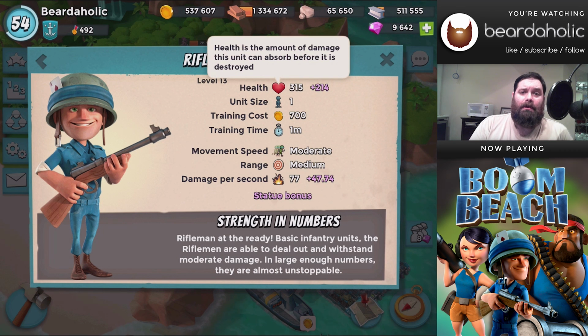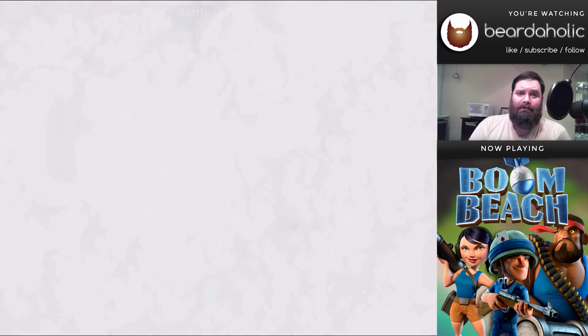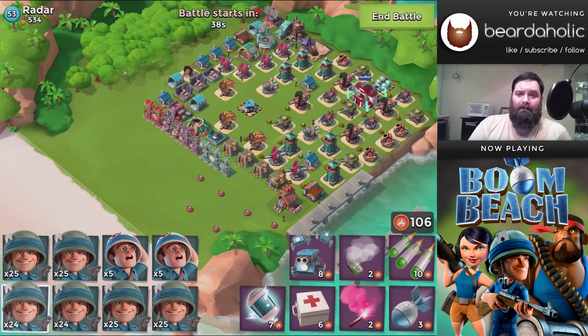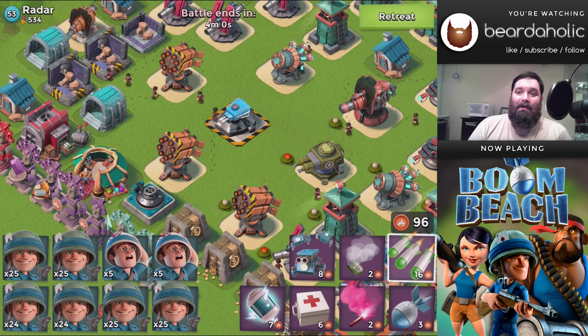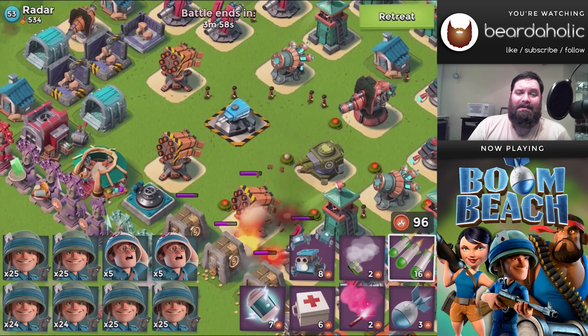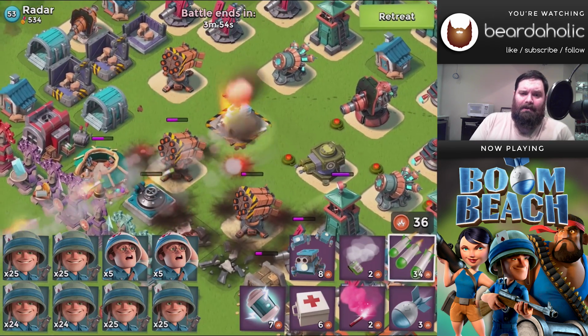So, what I'm showing you right here is my actual Rifleman. This is right now. You can look at the VP, you can look at the level. This is what I got going on in the armory right now with my level 13 Rifleman. And basically, I'm showing this to you because, frankly,